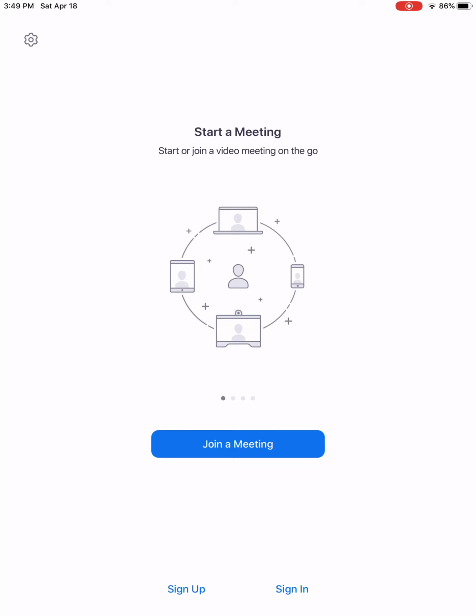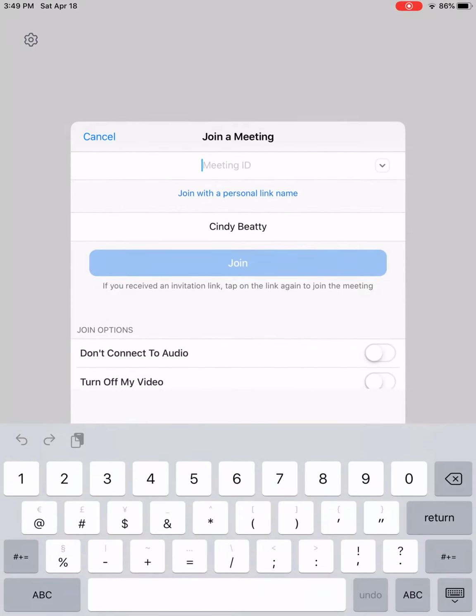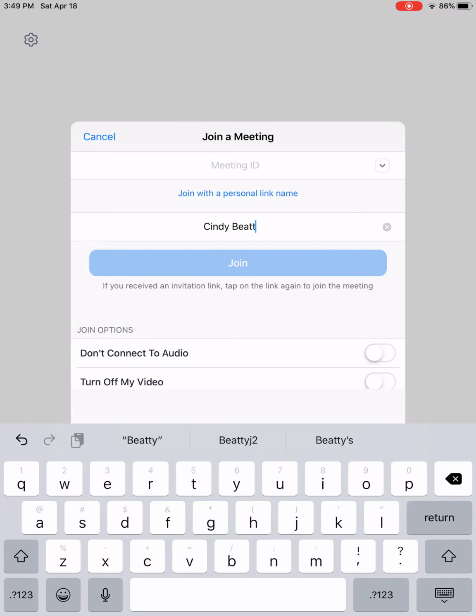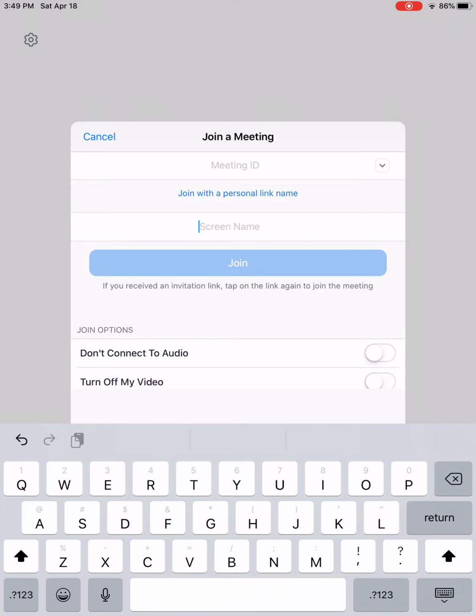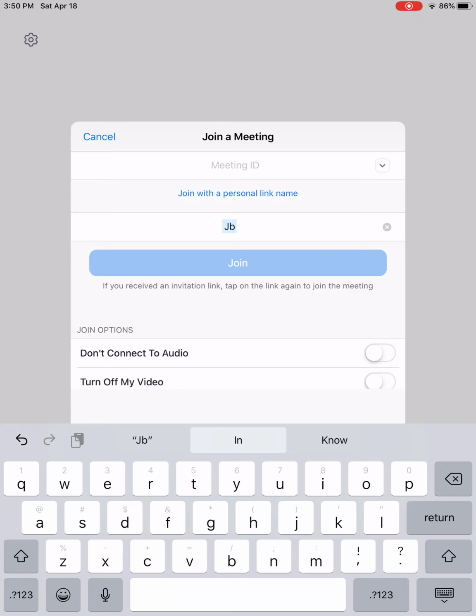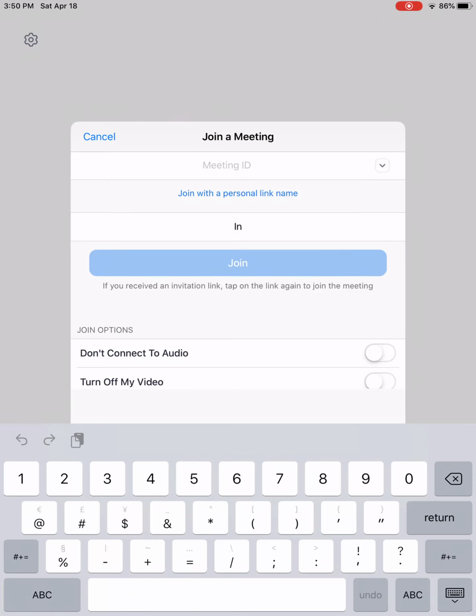If you join a meeting right from that main screen, you're going to need a meeting ID and a password, which your meeting provider should have sent to you, or they sent you a meeting link. Either one of those should get you in. So once you click Join a Meeting, you'll have your name here, and then you'll have your meeting ID, and it should be